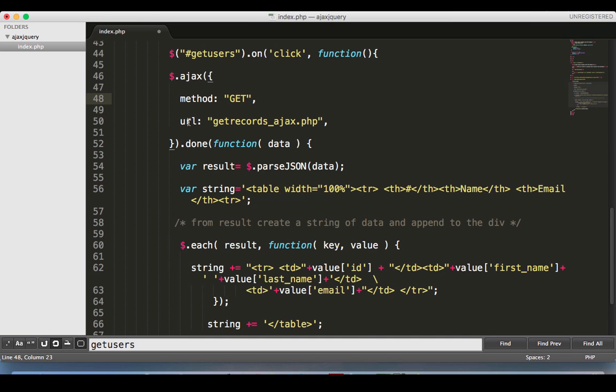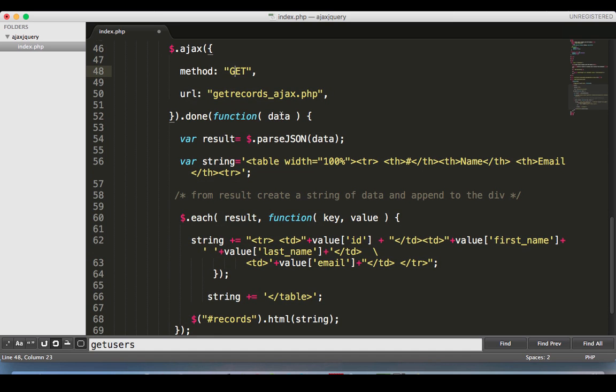We are going to send this request to a PHP page whose name is getRecords_ajax.php, and after this request is completed, this .done method will be called, and inside .done we have defined an anonymous function,